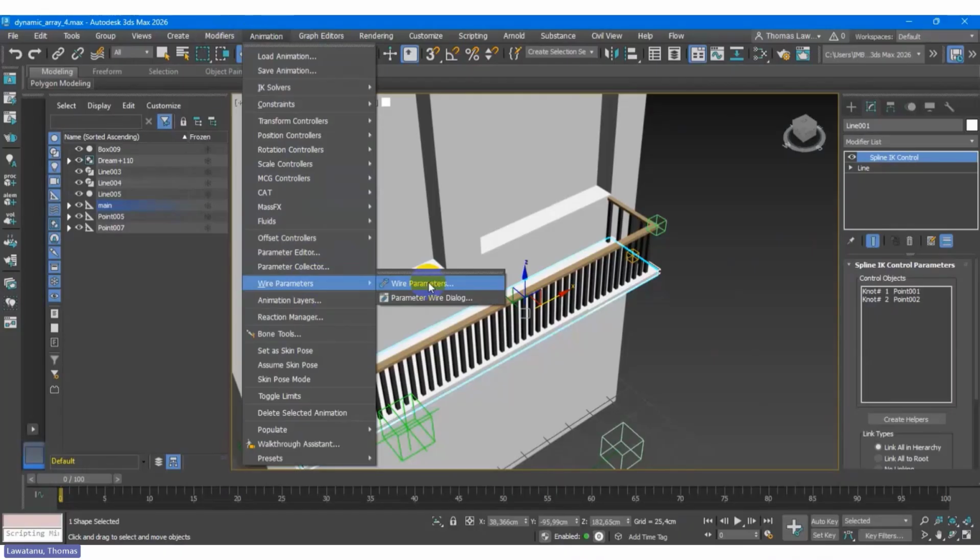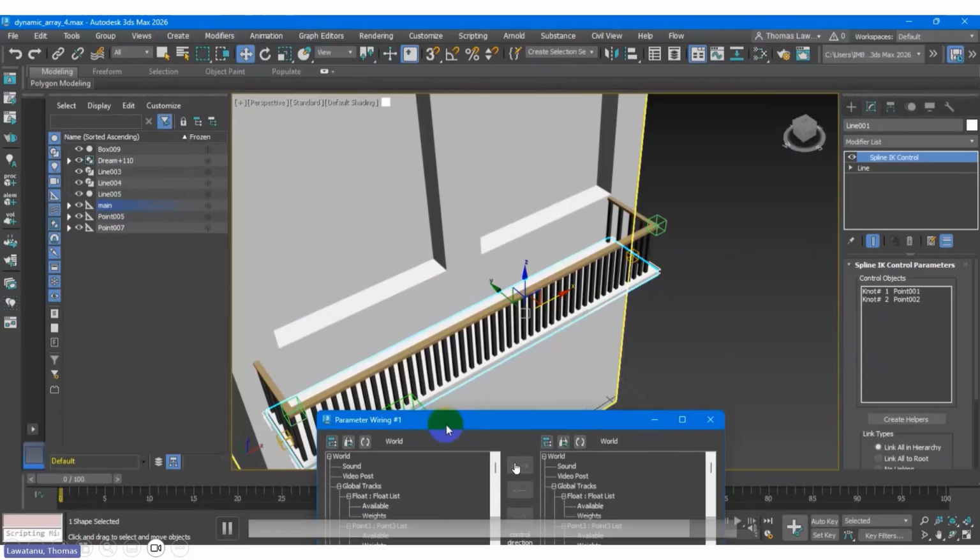I want to multiply to the x-axis. That's why this is the condition, how to multiply to the x, because when using only the array it is not working. Why? Because you cannot multiply in some directions, let's say in this case the x-axis. That's why you need the wire parameter, to combine.